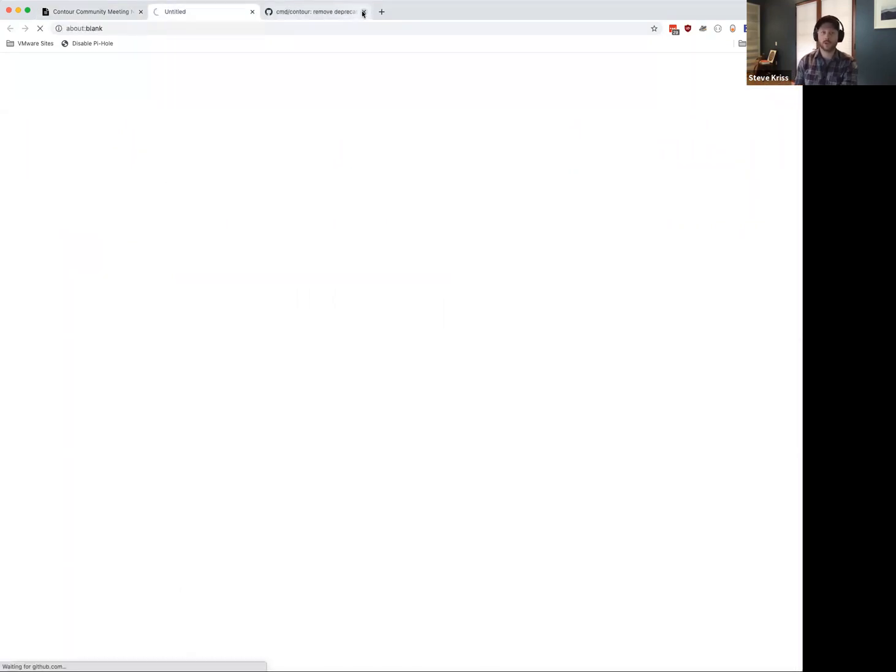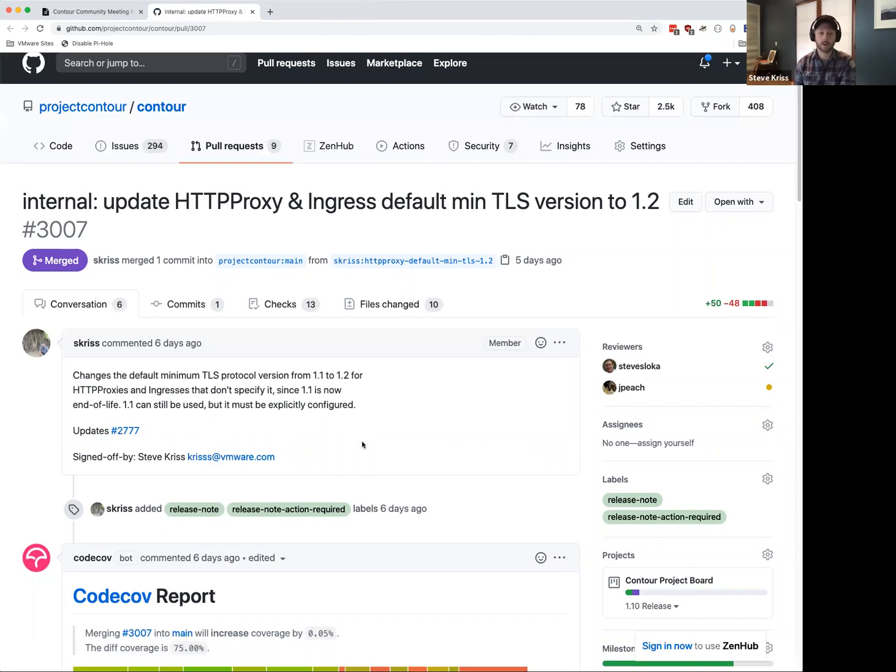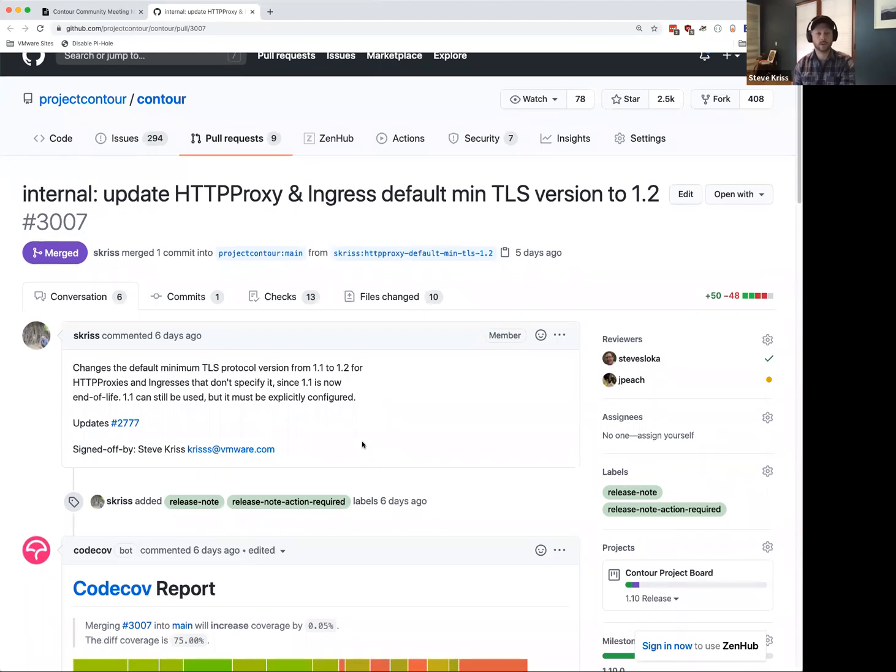So this basically means if you don't explicitly specify a version, your default will become 1.2. You can always, if you need to, explicitly specify 1.1, but we certainly don't recommend it given that 1.1 is sort of end of life. So this will be a little bit of a behavior change, but hopefully you're not depending on 1.1 at this point.